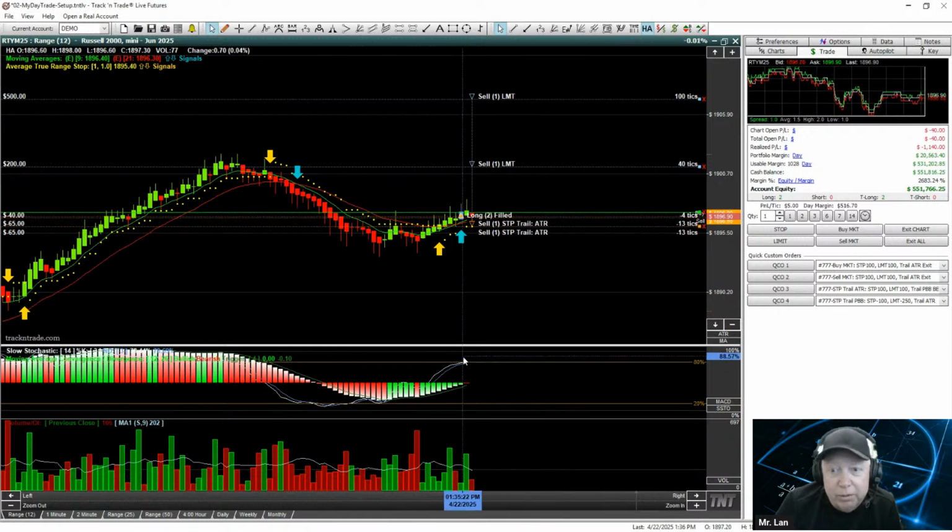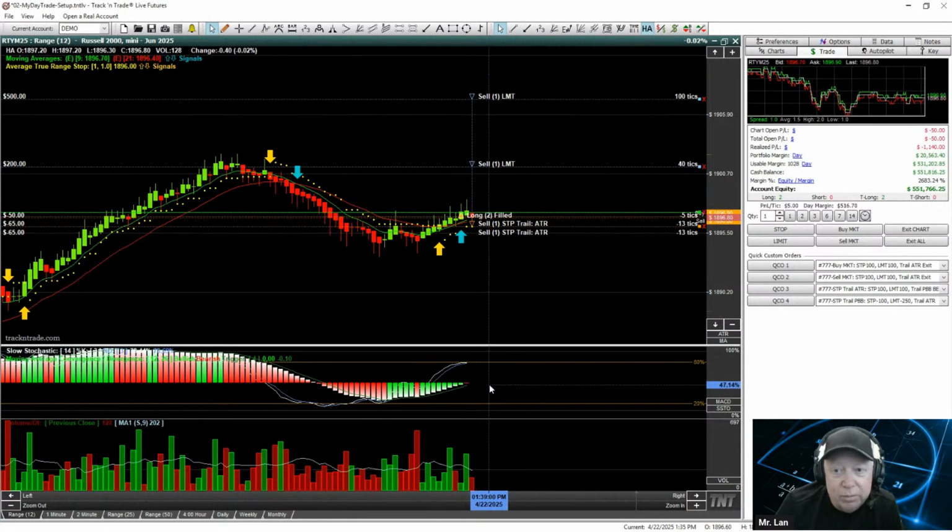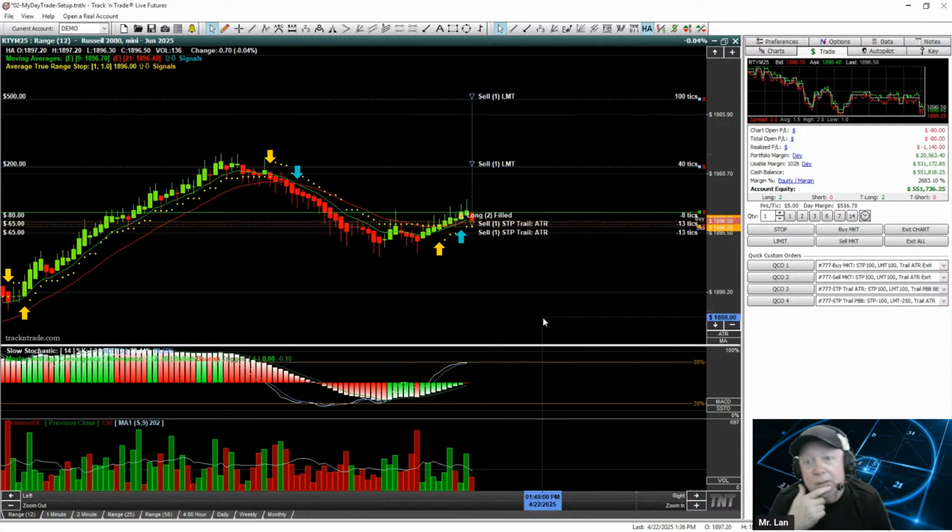Stochastic's way up in the upper region. That means we'll probably get a little pullback. But we've got the MACD trying to go across over the 0 line on the histogram, so that's bullish still. We're going to trail price bars back on the QOCO4. So if we wanted to try and get back in on another long position, but if it crosses those yellow dots,